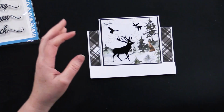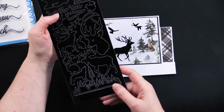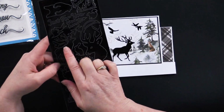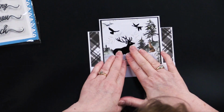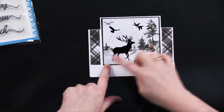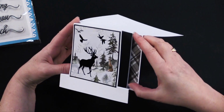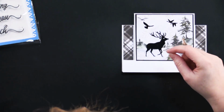And then for the stickers, these I love. These are brand new stickers. These are Forest Dazzle stickers. And I used this one right here, this deer, and also some of the birds up here. So I placed that there after, of course, matting my little rectangle with some black cardstock, and then put my little strips of plaid on the sides. Now I'm going to show you the stamping technique